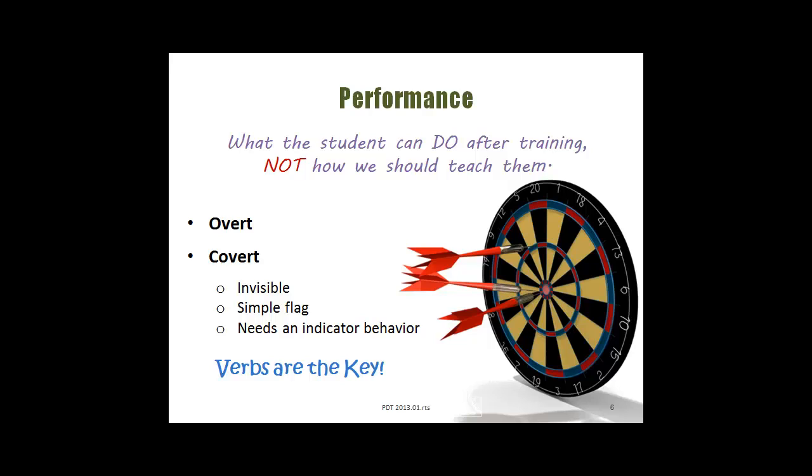I can't watch you dividing two 4-digit numbers, but I can see the answer that you come up with, and I can see the methodology you're writing out. Those indicator behaviors are enough to tell me that you can, in fact, divide the numbers. When we're looking at performance, it is all driven by the verbs used in the performance frame, and those verbs